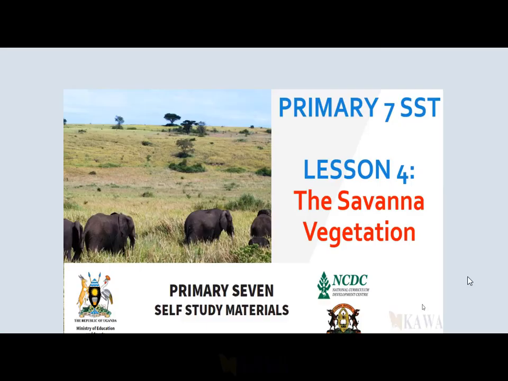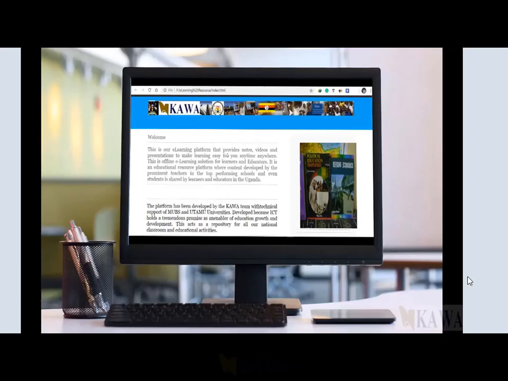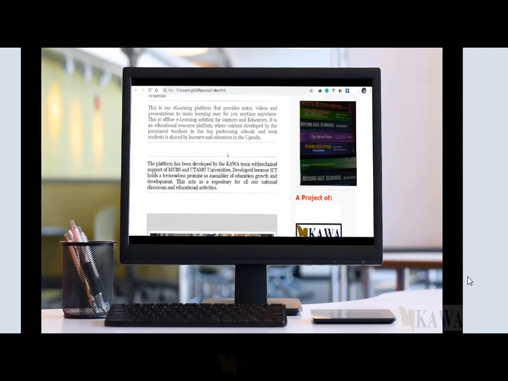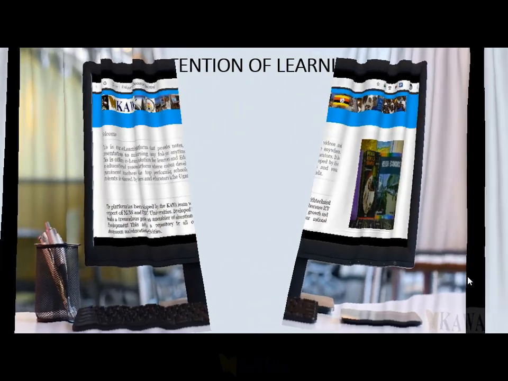A lot more, and look at this content that's simply developed by a teacher like me. You're most welcome to this lesson about the savanna vegetation. We have different types of vegetation. One of them is the savanna type, and as you can see in this photograph here. A lot more. We can also generate our own content, and things are coming your way in a very interesting way, so you can access these kinds of resources.